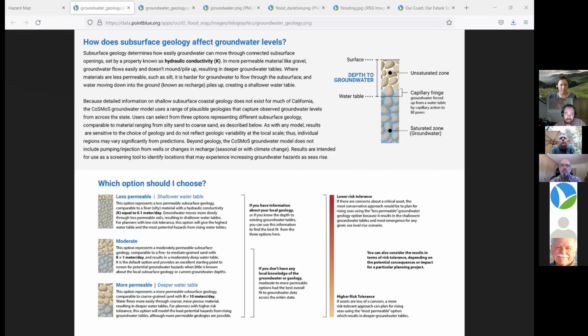Do you have data, or wells that you can go use and say, okay, we know something about the geology of this area? You can also link geology roughly to permeability, even though it's not a perfect connection. Or you can say we care more about the hazard side, and so we're going to use this more as